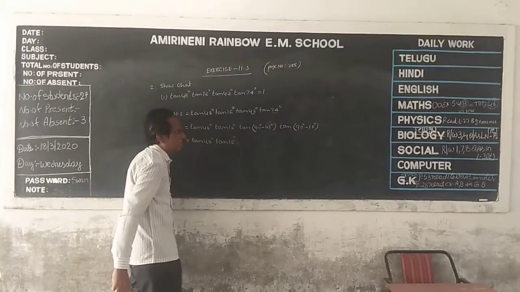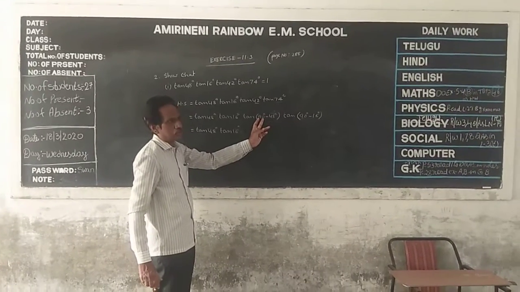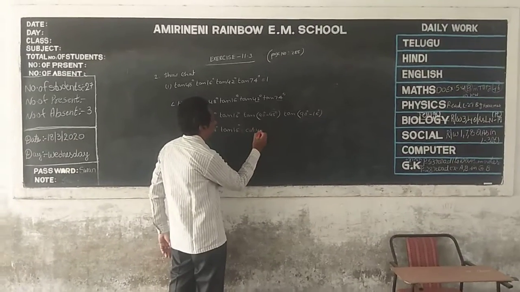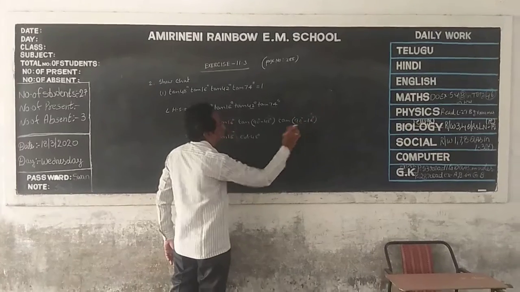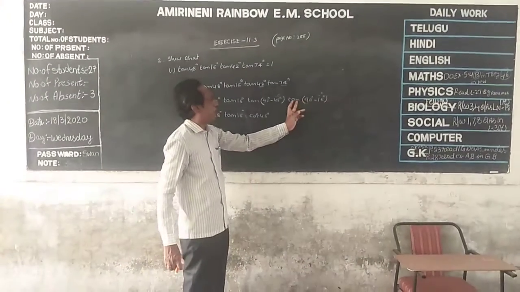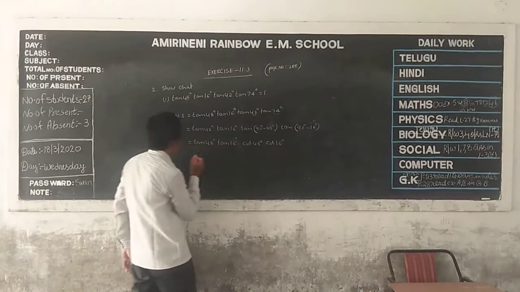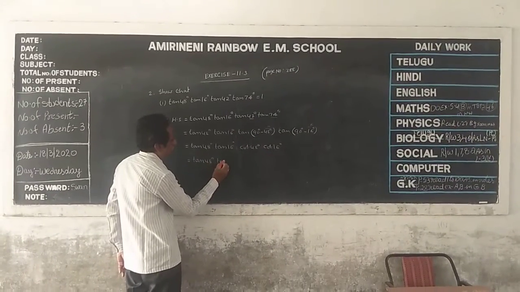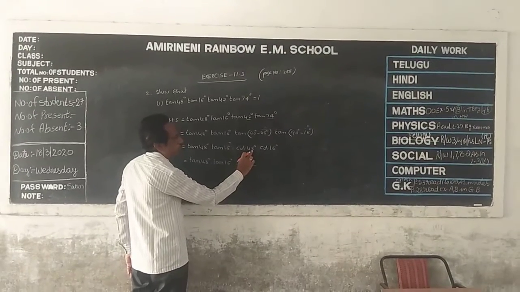90 minus A lies in the first quadrant. Here 1 into 90, 1 is odd number, tan changes to cot 48 degree. Next, 90 minus A lies in the first quadrant. Here 1 into 90, 1 is odd number, tan changes to cot 16 degree. That is equal to tan 48 degree into tan 16 degree into cot A, which is equal to 1 by tan